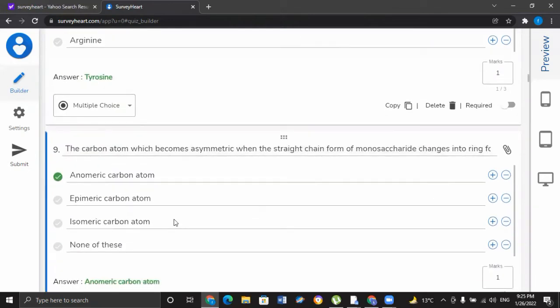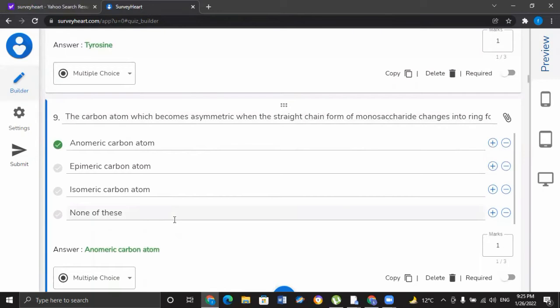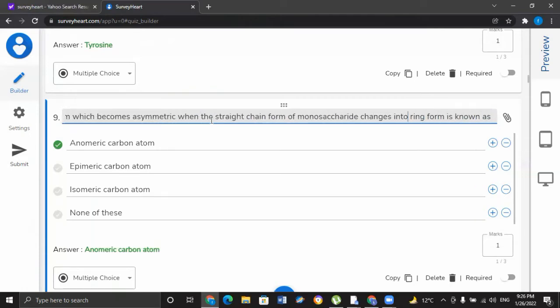A carbon atom which becomes asymmetric when the straight chain form of monosaccharide changes into ring form is known as. So अब यहाँ पे हम लोगों के पास, we should know what anomers are. Anomers are actually a type of epimers that exist due to the presence of H and OH group on the carbonyl carbon atom,